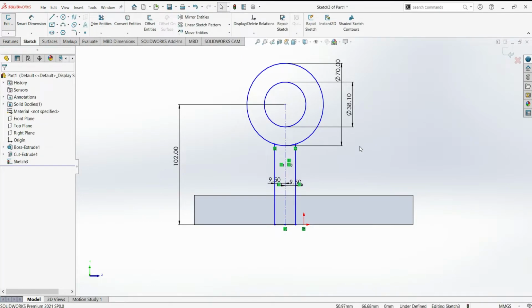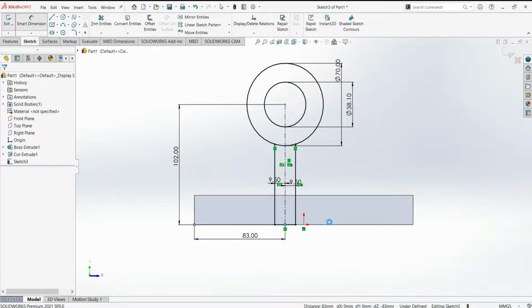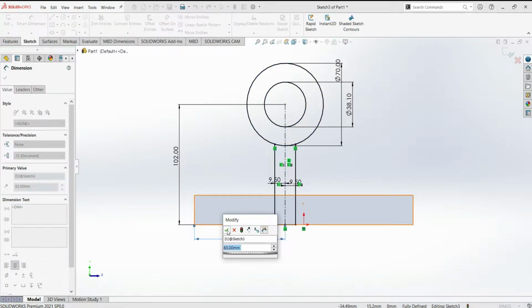Let's escape. Now let's make it fully defined. So select your smart dimension, this distance will be 83 mm and select OK.